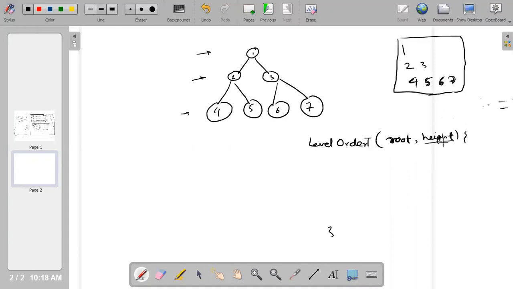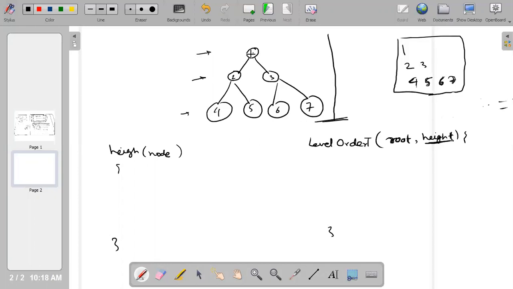How can you calculate the height? You know how to calculate the height. For those who do not know, I'm applying the hypothesis and recursion. In a single problem we will be seeing three recursive problems in level order traversal, and that's why it's a very good concept. So how can we get the height? I have one height function, and this will take the root node. We need to solve this height problem using recursion too, because my goal is to solve every tree problem using recursion. So what is the hypothesis here?